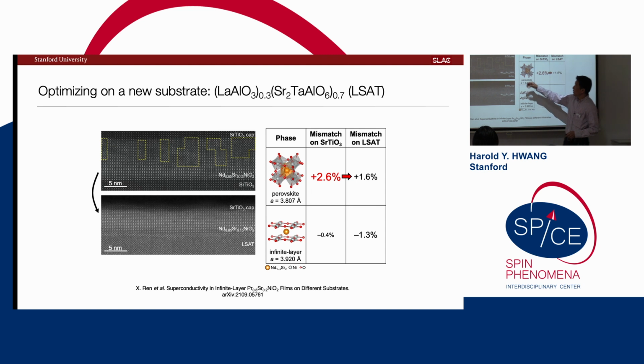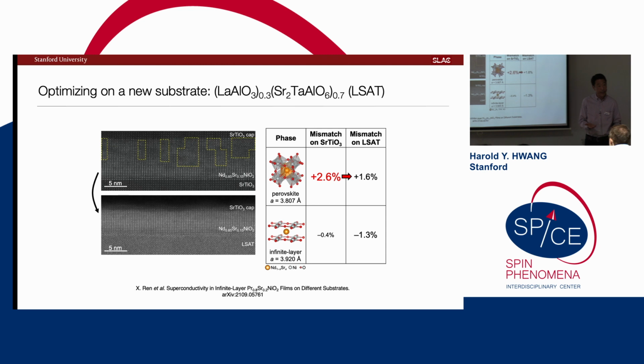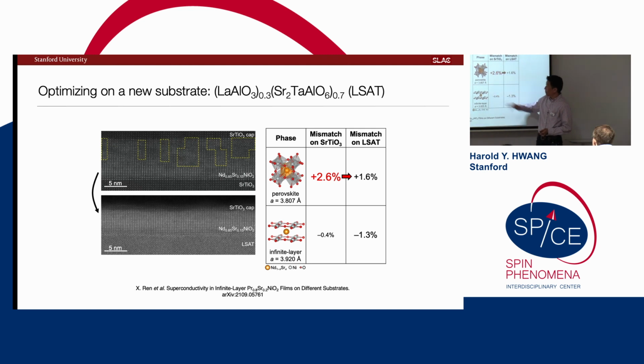So the logic of the substrate we had chosen initially, and much of the community, was to say, let's make the perovskite precursor very unhappy, but match essentially what we project would be the natural lattice constants of the infinite layer phase. And that was the strategy. But as I showed you, we induce defects here that we can't get rid of.